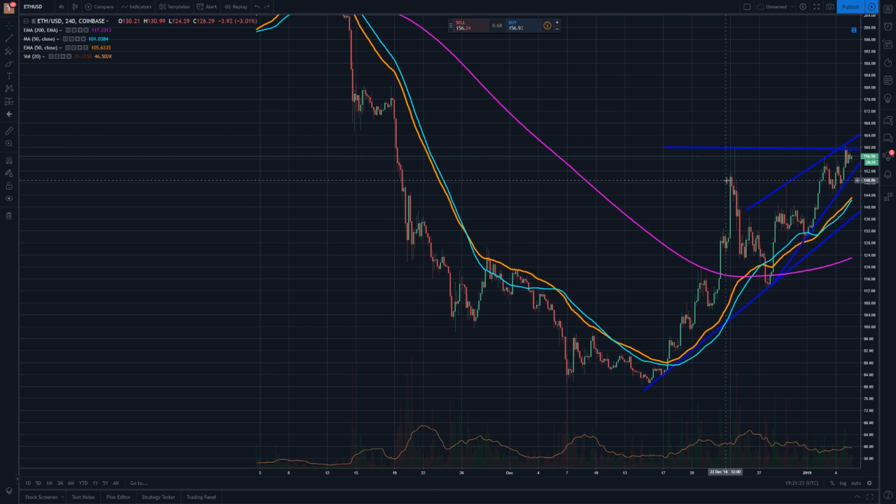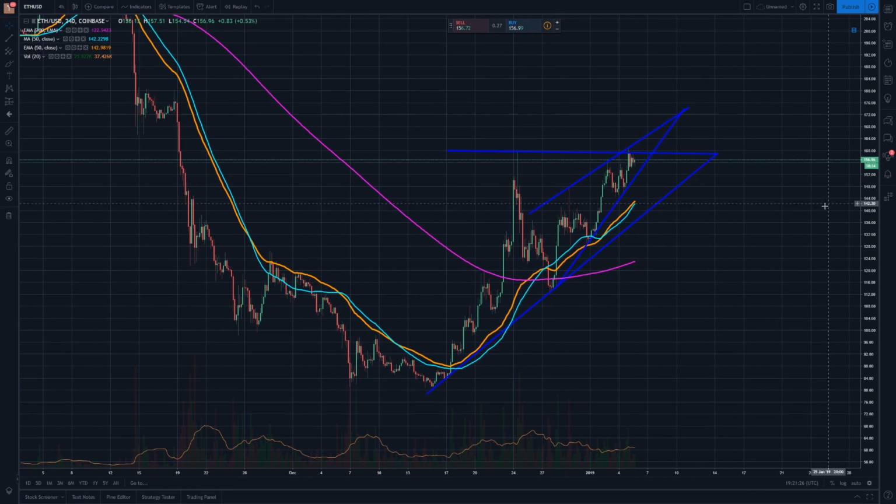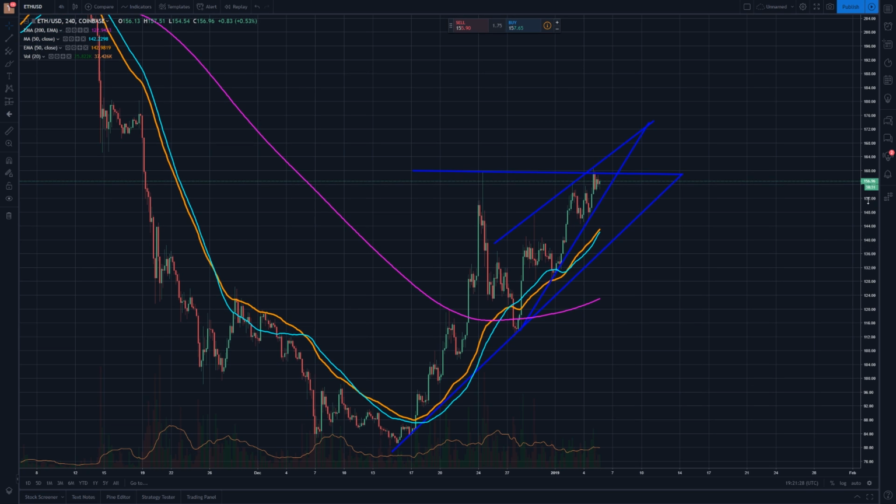And then now what we can do is put back in our previous resistance of this rising wedge. Now, a rising wedge is contradictory to an ascending triangle, because a rising wedge is actually bearish while an ascending triangle is bullish. So this asks the question, well, which one of these is for real? Which one of these is going to play out? And that's actually what we have to determine with technical analysis here, because it doesn't always just give us straight up black and white answers of whether this is bullish or bearish. Sometimes it does give us mixed opinions and mixed feelings for some of these cryptocurrencies,